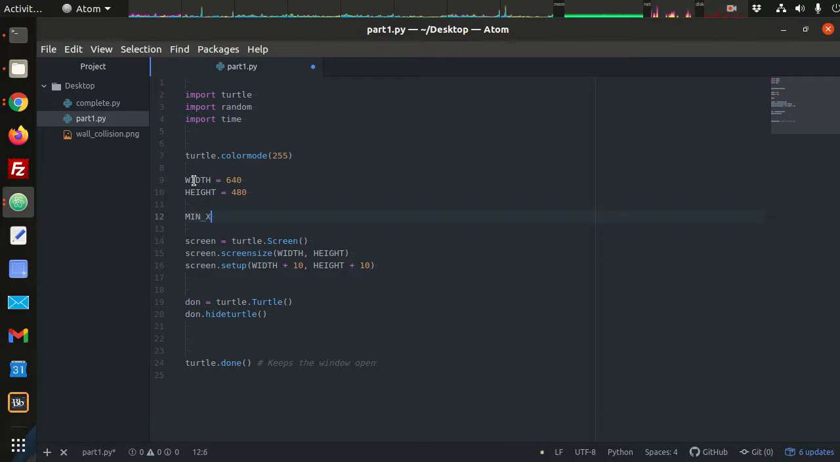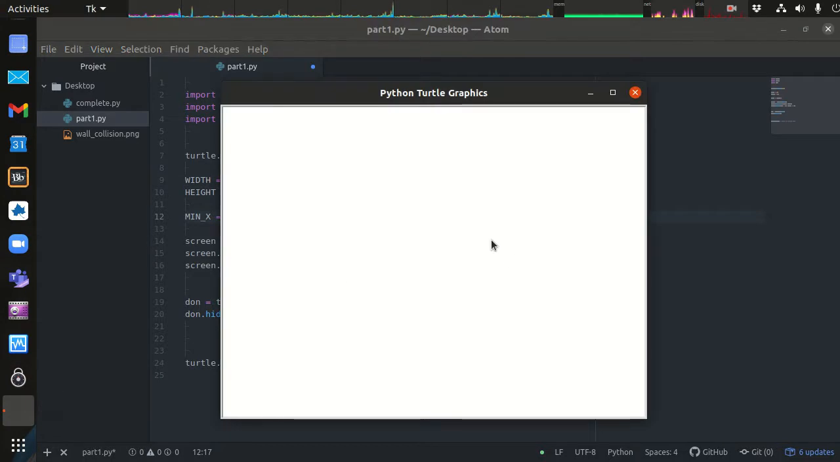So minimum x is going to equal half of the width divided by 2, but it's going to be negative. Right? Negative width divided by 2. And if we look at our window here, if we know the width is 640 pixels, half of that